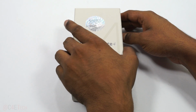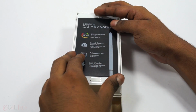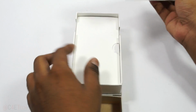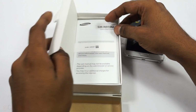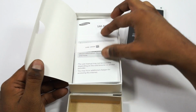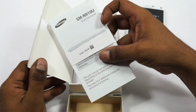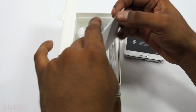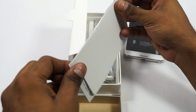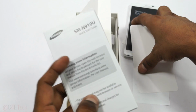So opening it up, we've got a Galaxy Note 4. Obviously, let's just set that aside for the time being. Let's take a look at what else we have in the box. So we've got a quick start guide. What else? So that's in English, and